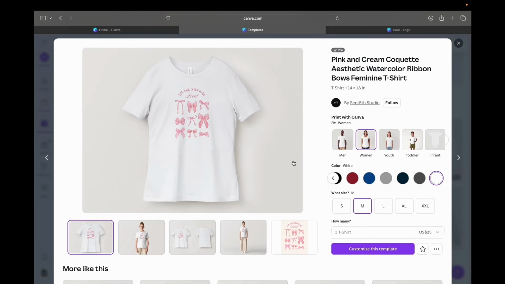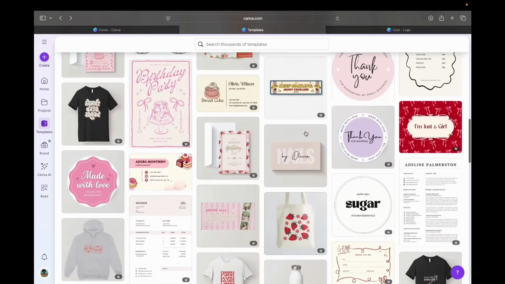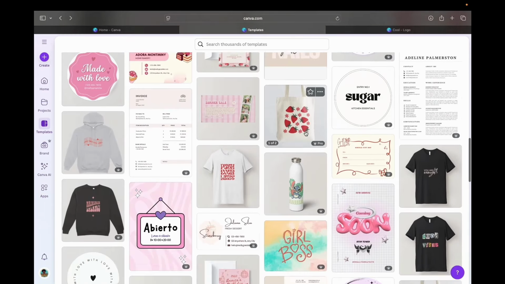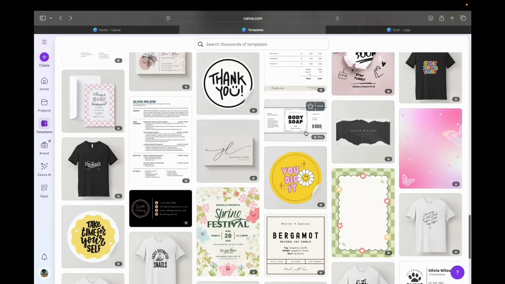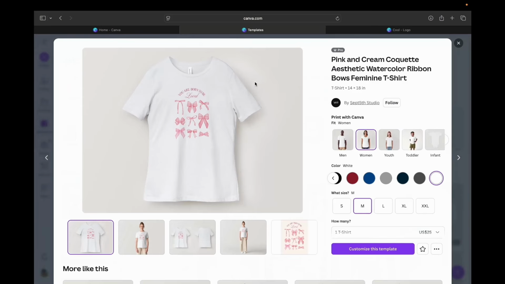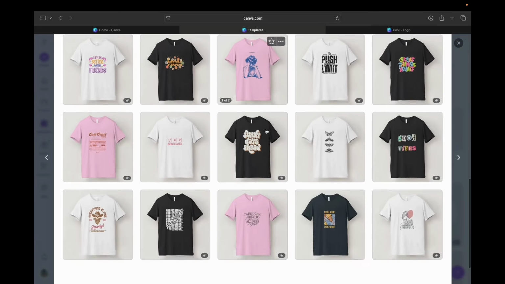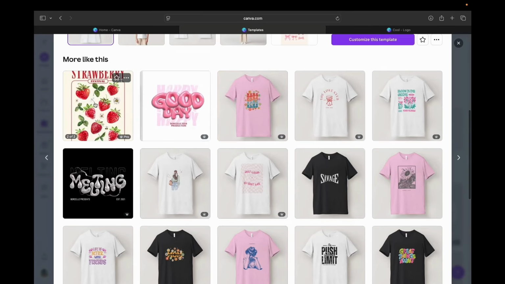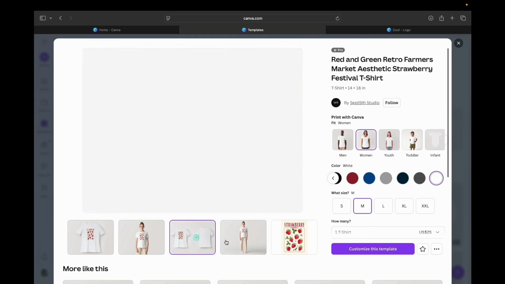So we are gonna have to start customizing a style for our t-shirt. So you can click that, and you can scroll down to see so many different prints and styles of what you want, depending on what kind of product you want to customize. Okay, since we are going to design a t-shirt, I'm going to select this design here for the t-shirt, and you can also look at different ones here. So I think I'm going to do this one. So we're going to customize this style, and also Canva is showing you